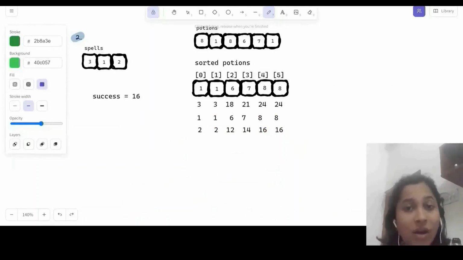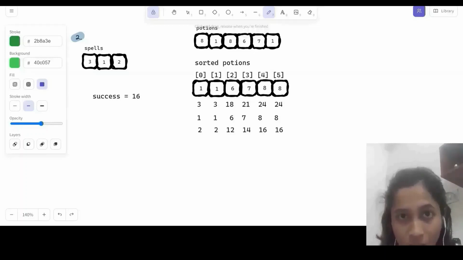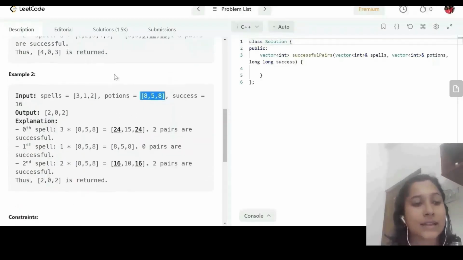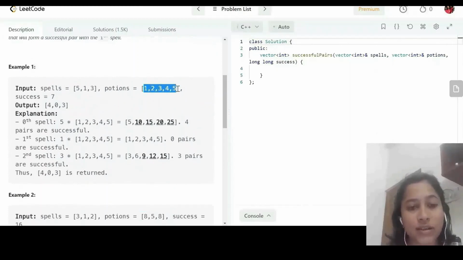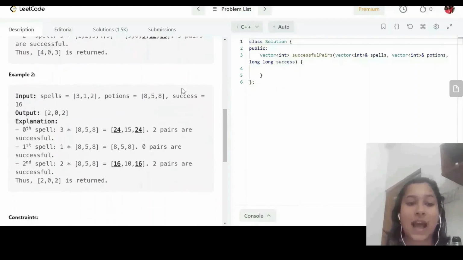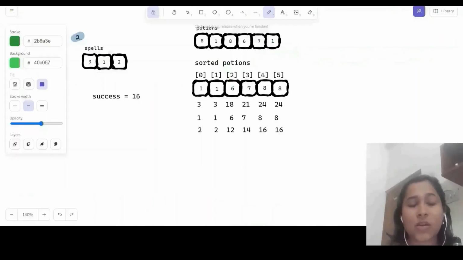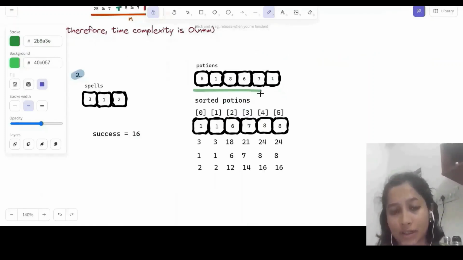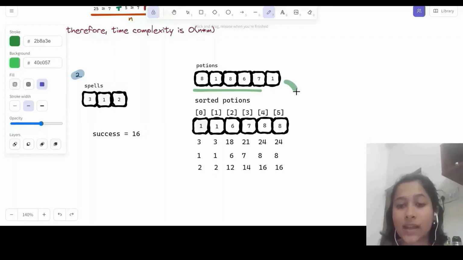You might struggle to come up with a better algorithm, but since I am acquainted with this other algorithm which I am now going to tell, it immediately clicked. You can see that in our first example, the potions are sorted. But it's not necessary that in every example it will be sorted. In example 2, you can see it is not sorted. So I have also taken another example where my potions are not sorted, so in the next step, I have to sort it.